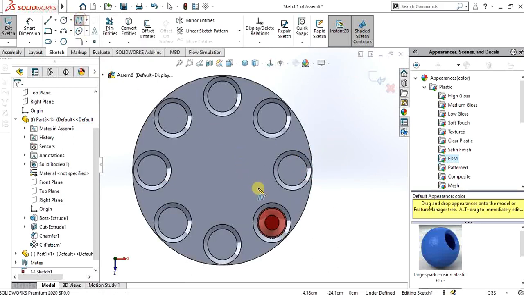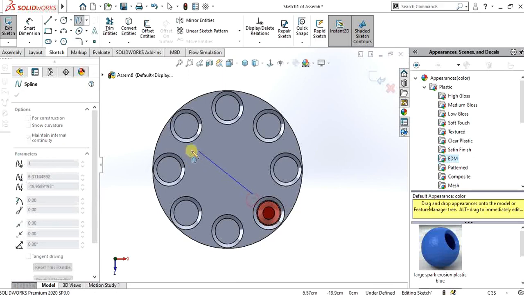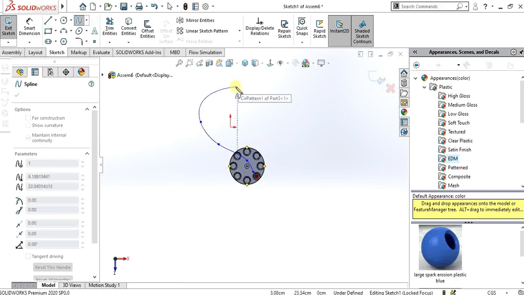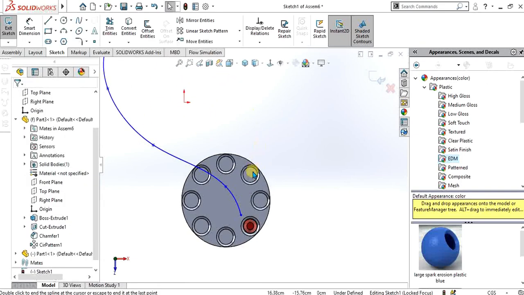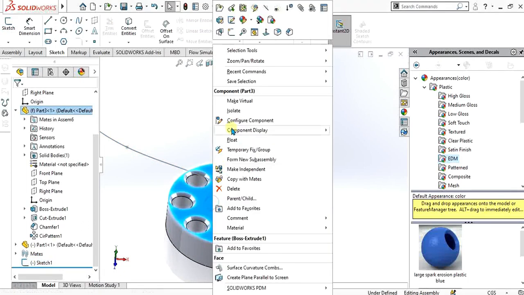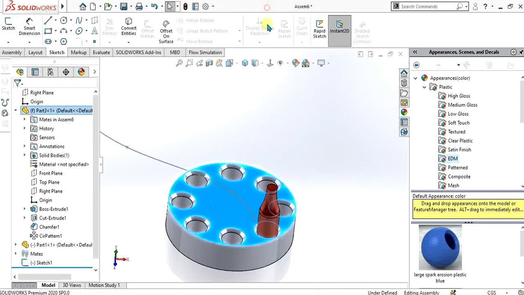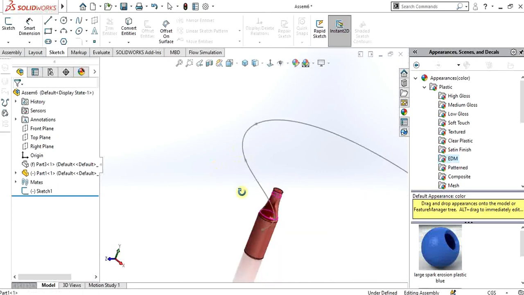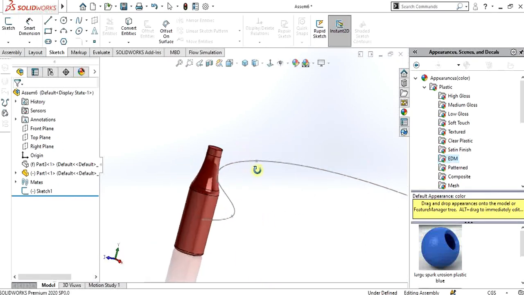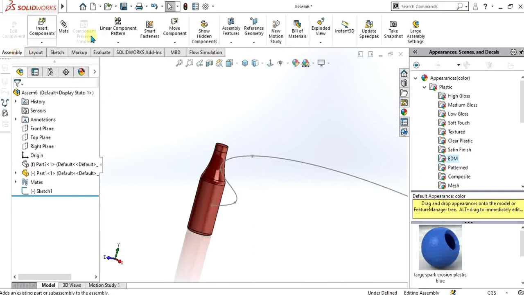So now I am going to make some type of curve like this. Go to exit sketch and hide this. So I am going to pattern this part on the given curve. So I will go to the curve driven pattern.